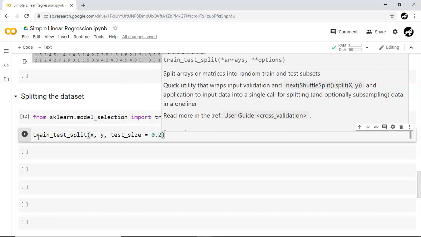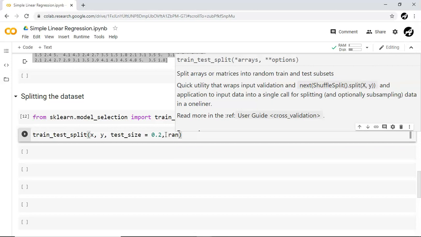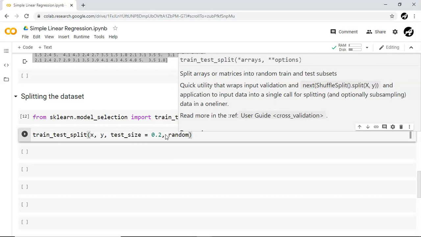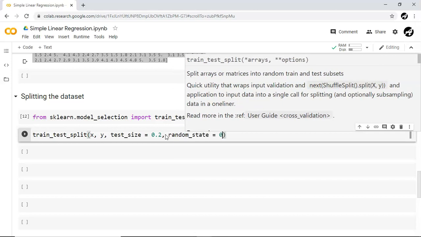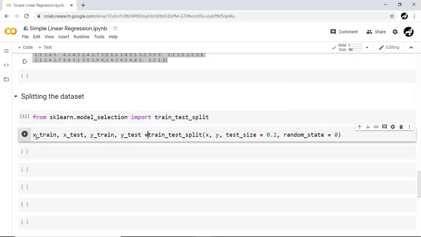Let's keep it at 0.2, because 20% of the data we want to keep inside the testing bucket. Now we have a total of 50 records. So if you keep 20% in the testing bucket, it will be 10 values. And let's keep random state as 0, so you can recreate the same result again. And let me assign it to our 4 standard variables, X_train, X_test, and Y_train and Y_test.